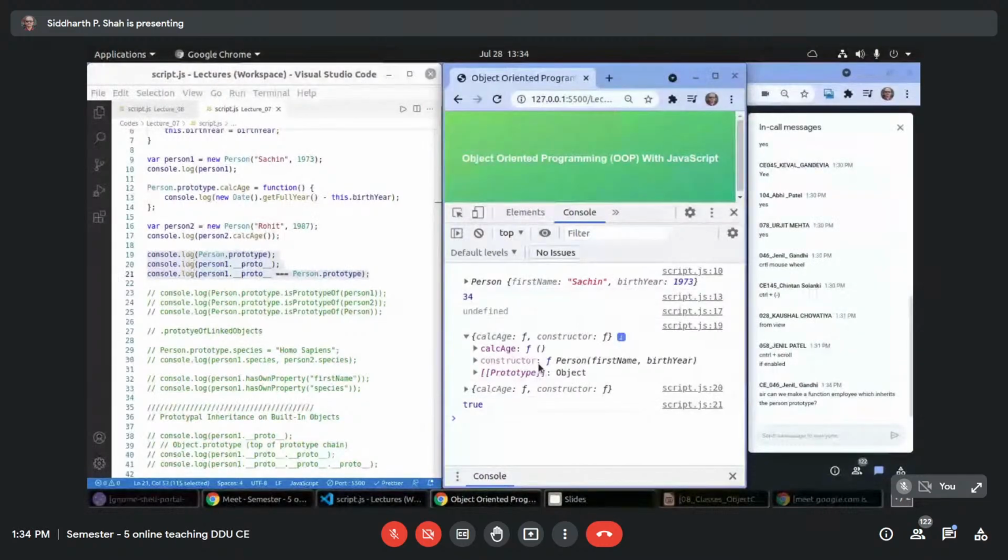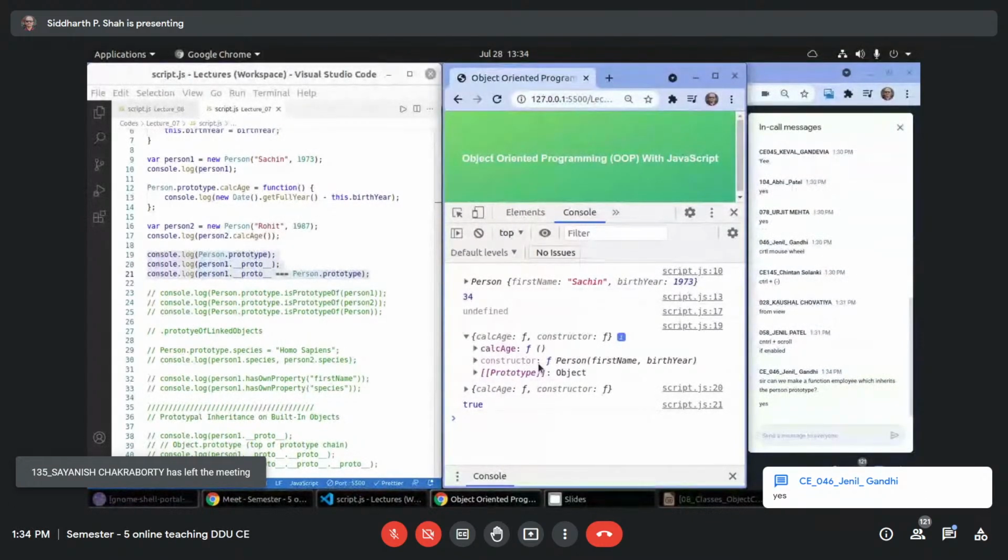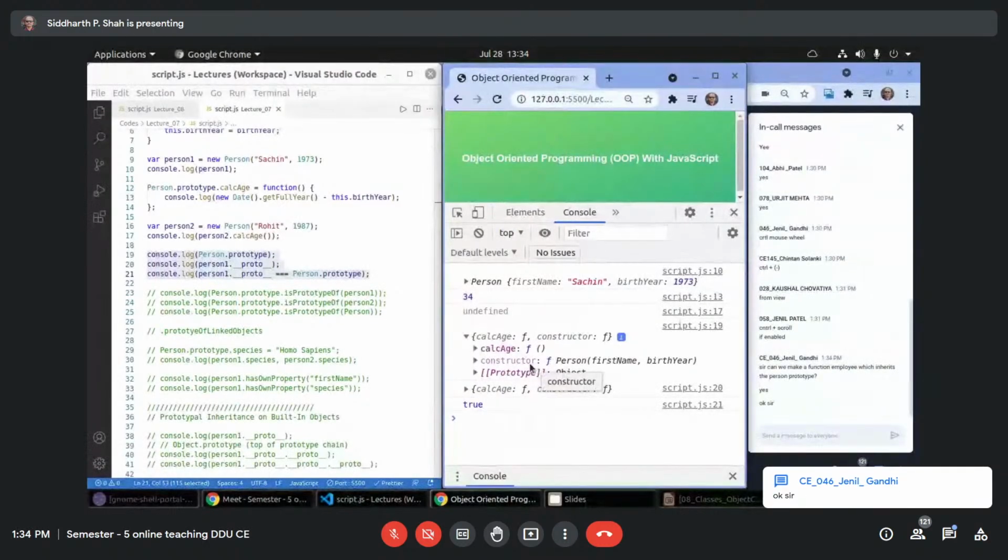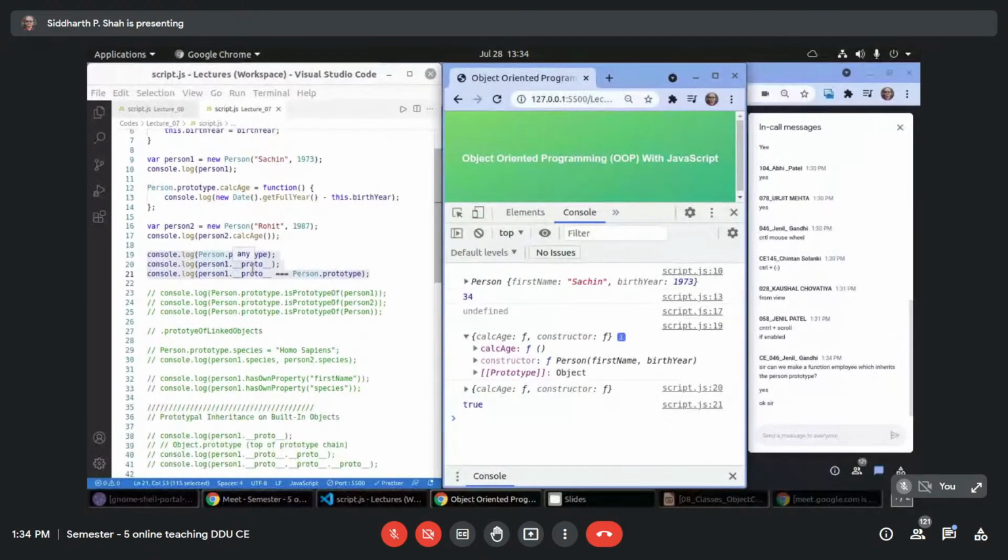Generally you talk about inheritance between two different classes, two different constructor functions, which we are going to see mostly tomorrow. Then I am printing person1.__proto__, which must be the same as Person.prototype, which is nothing but Person.prototype.